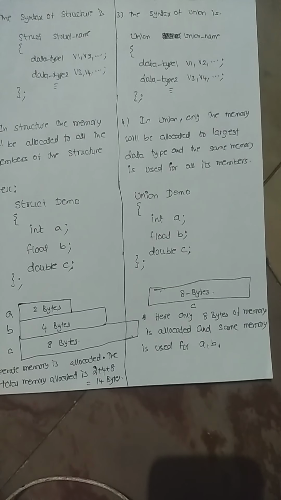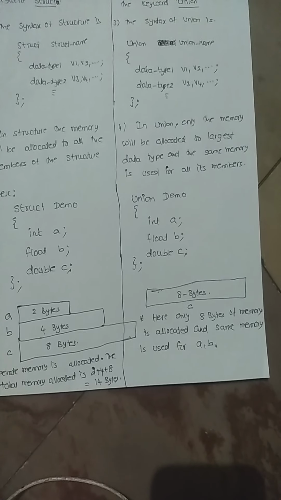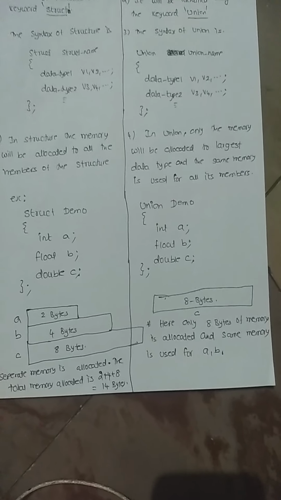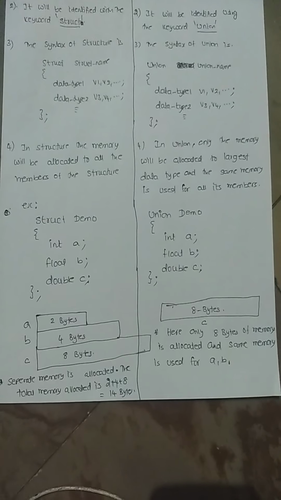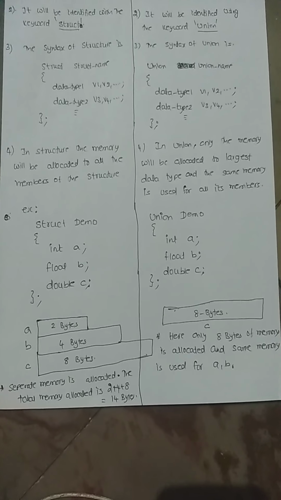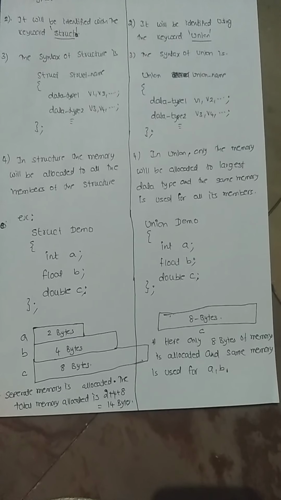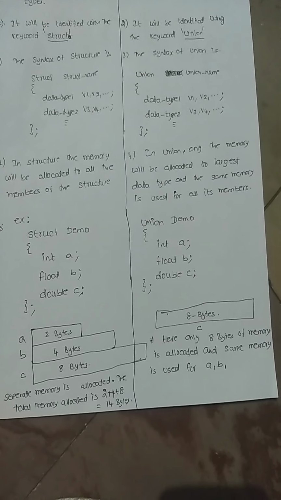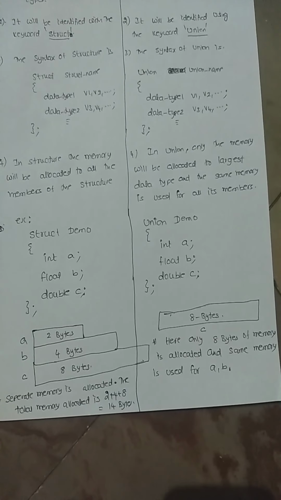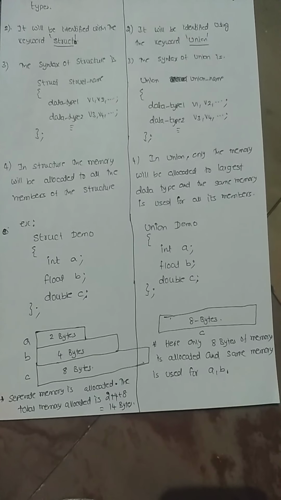Okay, so this is also important for your examinations: differentiate between structure and union. Collection of different data types is called a structure. In the same way, collection of different data types is called a union. Structure is identified with the keyword struct, and union with the keyword union. Also the syntax of structure and the syntax of union: both definitions we write before main. Then we explained the memory allocation, how it takes place in structures and how it takes place in unions. That is one of the very important questions for your examinations.